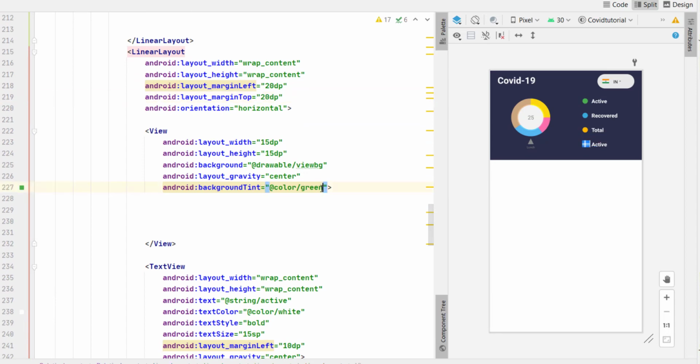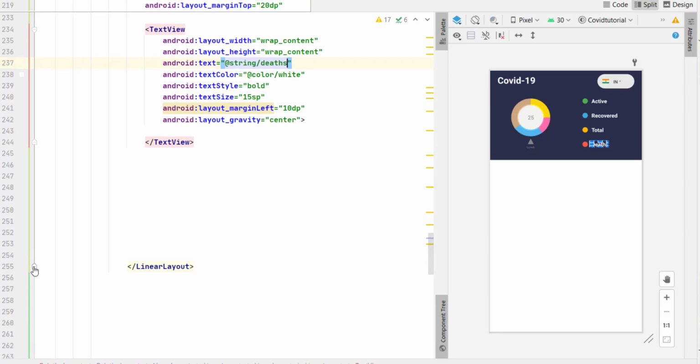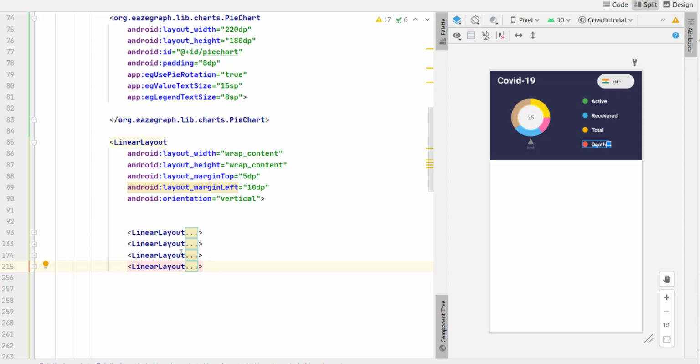Then instead of green color, what I need here is red color. So this is done, and also simply change the text. Instead of active, I need here "that's". So now close this. This linear layout 1, 2, 3, these 4 linear layouts contain these 4 items,